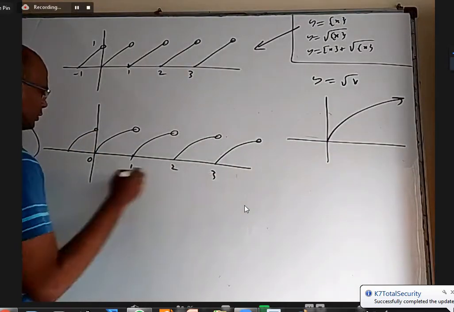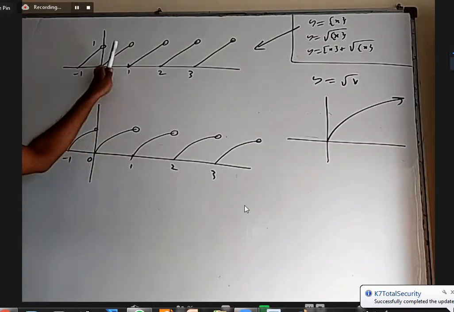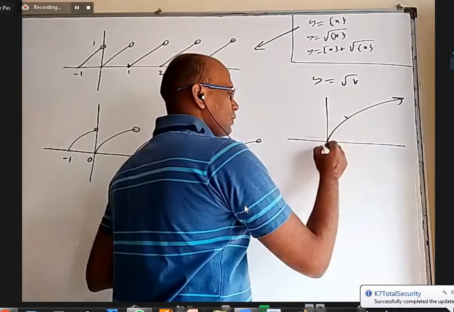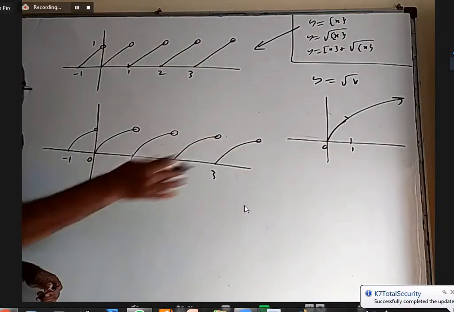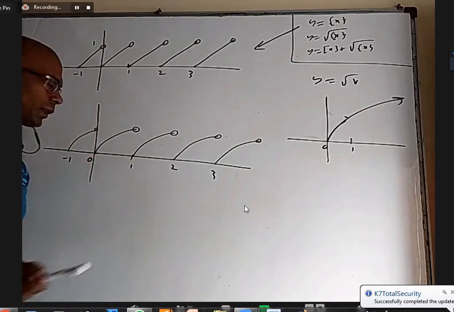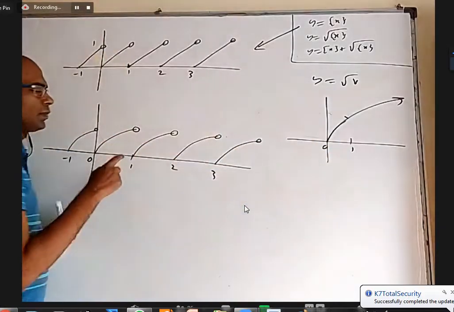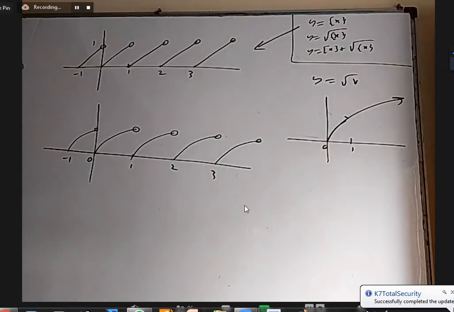One, two, three. It is the same graph, but this part is a straight line and root x is a curve. Whatever graph it has between 0 and 1, take that piece repeatedly, because it's a periodic function. This is a periodic function with period 1, so this is also periodic with period 1. Between 0 and 1, the root x graph is this piece. Between 1 and 2, again the same. Between 2 and 3, again the same. Between 3 and 4, again the same. So this is the graph of root fractional part of x.